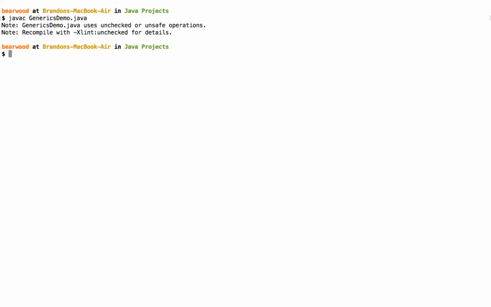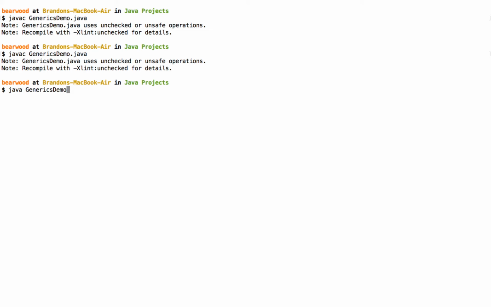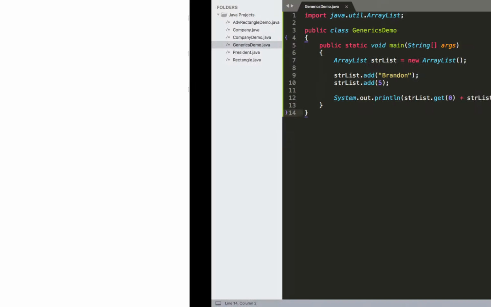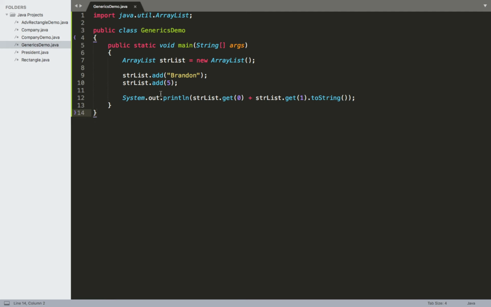We still have our warning telling us that we're using unchecked or unsafe operations. We'll go ahead and run it, and now we can actually get the concatenation of my name and the number 5. Okay. But ideally, what we really want to try to do is avoid this issue, and instead,